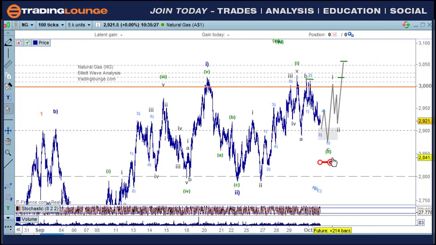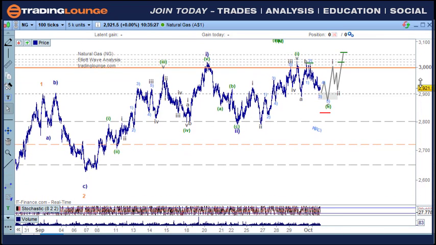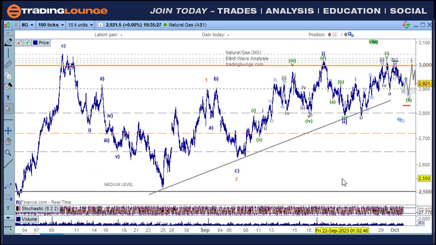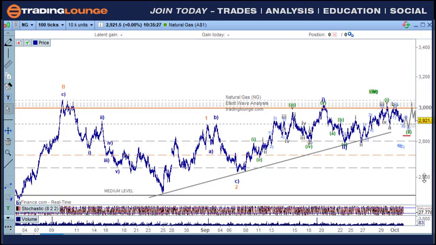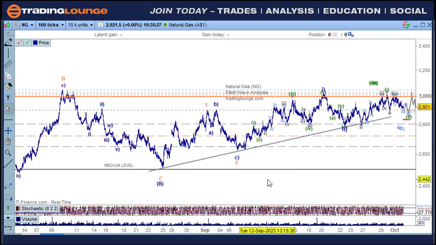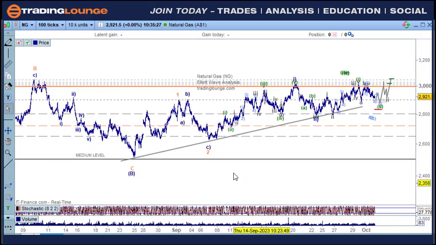Then we come over to natural gas, and I won't go to the bigger picture here. We just want to stay on the bullish picture for a moment, and the bigger picture is that the $2.50 is a fantastic support.